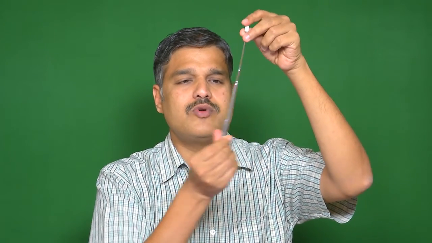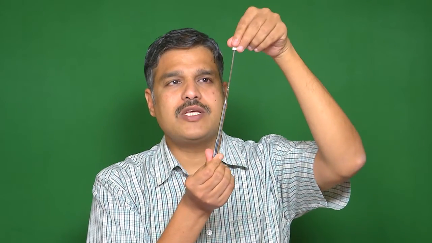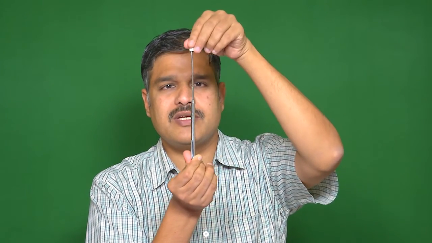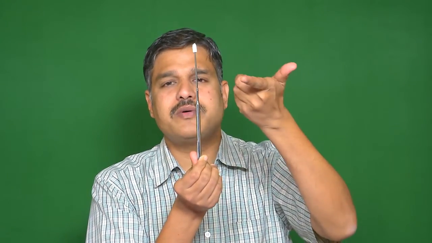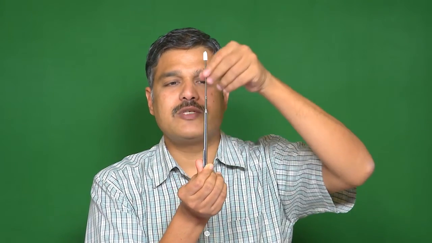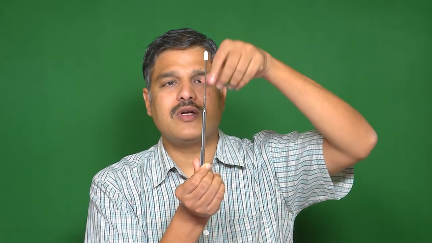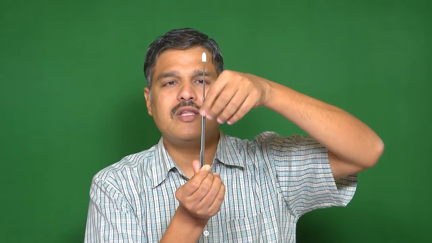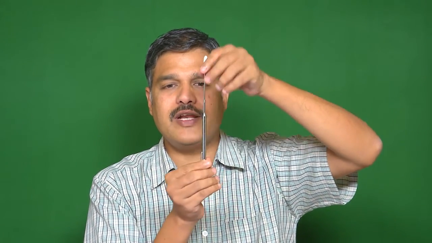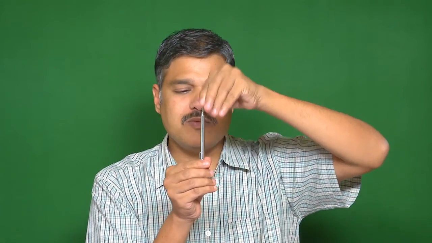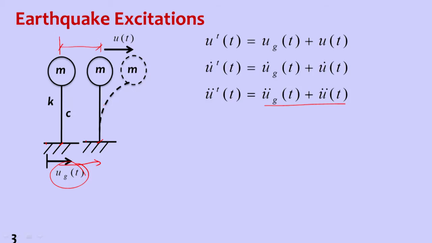Whereas the stiffness force, let me explain: if the base has moved 3 centimeters and the tip has also moved 3 centimeters, then the force in this column is 0, because there is no relative displacement between these two points. So for us to calculate the force in the column, we need relative displacement. So what is relative displacement? Relative displacement is the displacement between the base and the center of mass.